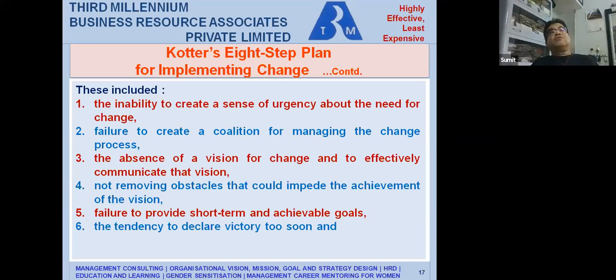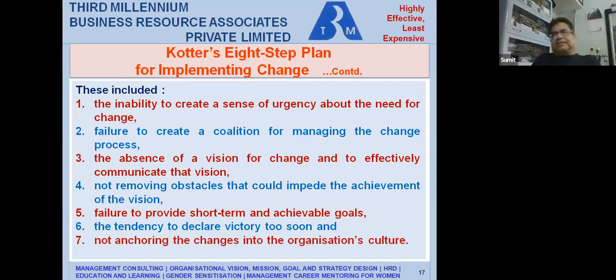And last year's World Cup cricket final was a classic encounter where every logical person would think that New Zealand should have won, but England won it for whatever reasons. So the tendency to declare victory too soon. Don't become complacent, right? Don't become complacent unless you have actually achieved what you had set out to do. So some managers declare victory too soon, and then the whole process slows down.